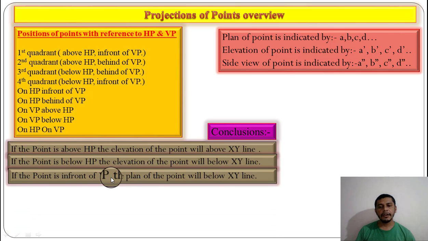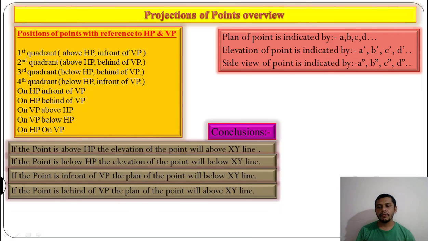If the point is in front of VP, the plan of the point will be below the XY reference line. So if the point is 30 mm in front of VP, the plan of that point will be 30 mm below the XY reference line. Now if the point is behind VP, the plan of the point will be above the XY reference line. So if the point is 40 mm behind VP, the plan of that point will be 40 mm above